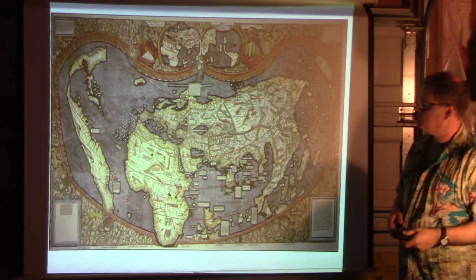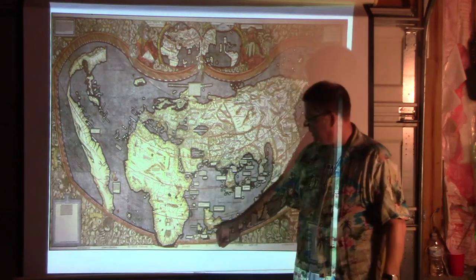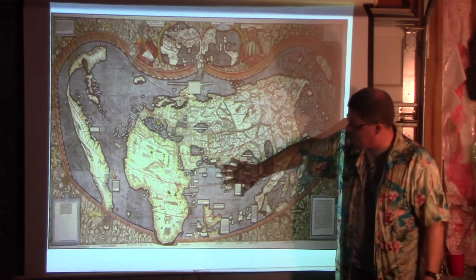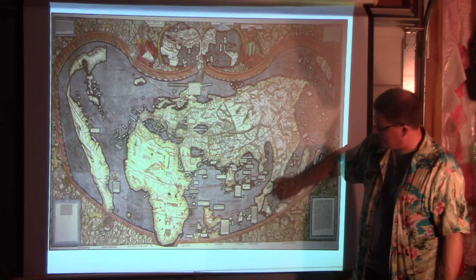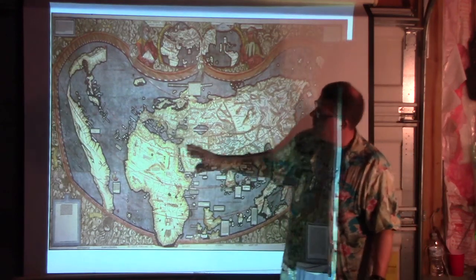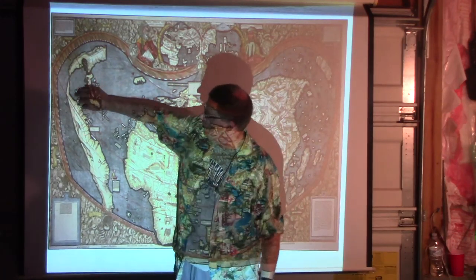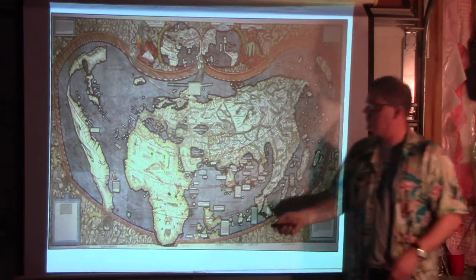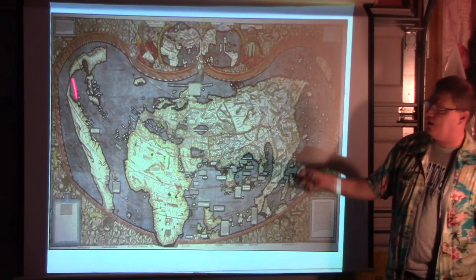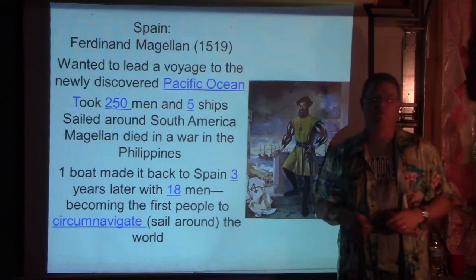If you remember that first map I showed you, the Mediterranean is great. Africa looks a whole lot better. Madagascar is kind of here. Even though they've made it to India, India and South Asia is still not quite right. Vietnam, Laos, Cambodia over here, still not too good. China's kind of a blob. And then look over here. Here's South America, and here is the Gulf of Mexico and kind of the Caribbean. And North America is just a hot mess, but at least it's been added. So we're more accurate here, less so here, and we kind of know about this, but not a whole lot about it. And so this will bring in the legendary Ferdinand Magellan,